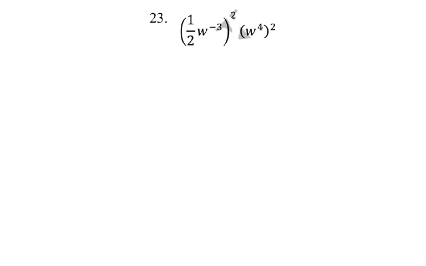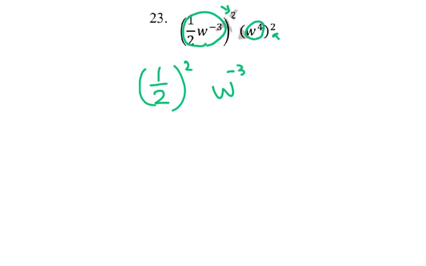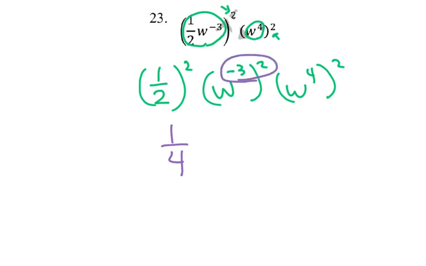Number 23, everything in here will get the second power. So 1/2 is to the second power. W to the negative third is to the second power. W to the fourth is to the second power. If we look at each piece one at a time, 1/2 times 1/2. Okay, this is a new one: W to the negative third to the second. Remember, the rule is to multiply. So I'm going to have W to the negative 6, because negative 3 times 2 is negative 6,